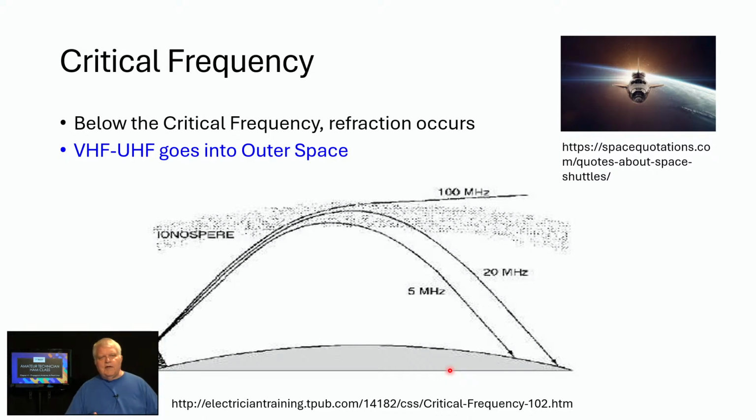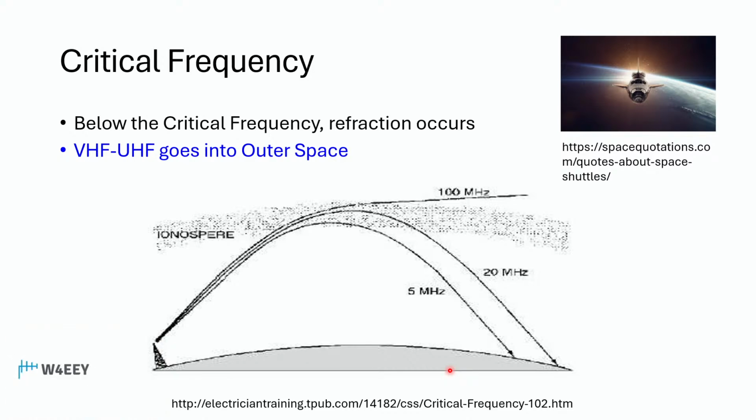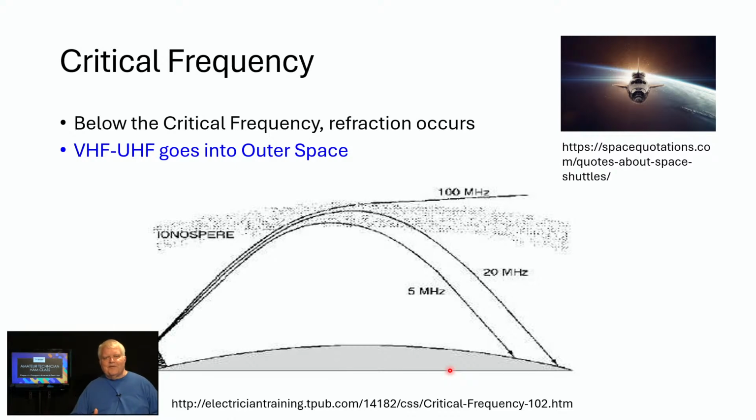So here are some terms that we need to know. And I actually heard this being discussed on the air today on the HF band, so I thought that was interesting. The critical frequency. And this is going to change from day to day and from location to location somewhat. But for that day, there is a critical frequency. So you start going up in frequency, 30 megahertz, 50 megahertz, 100 megahertz. Well, at a certain frequency, below that frequency, signals will be refracted by the ionosphere and come back down. So here we've got 5 megahertz and 20 megahertz. But notice here, if we go up to 100 megahertz, the signal doesn't refract back down to Earth, but it actually is bent and goes off into